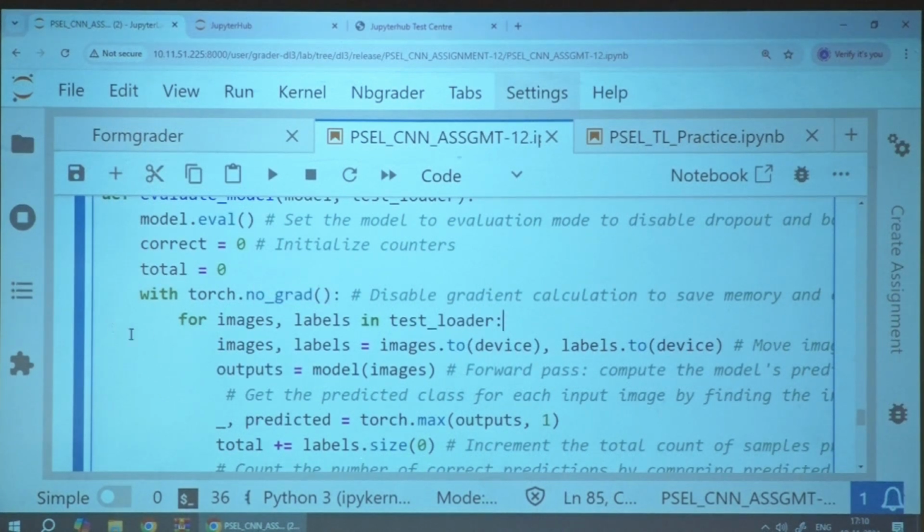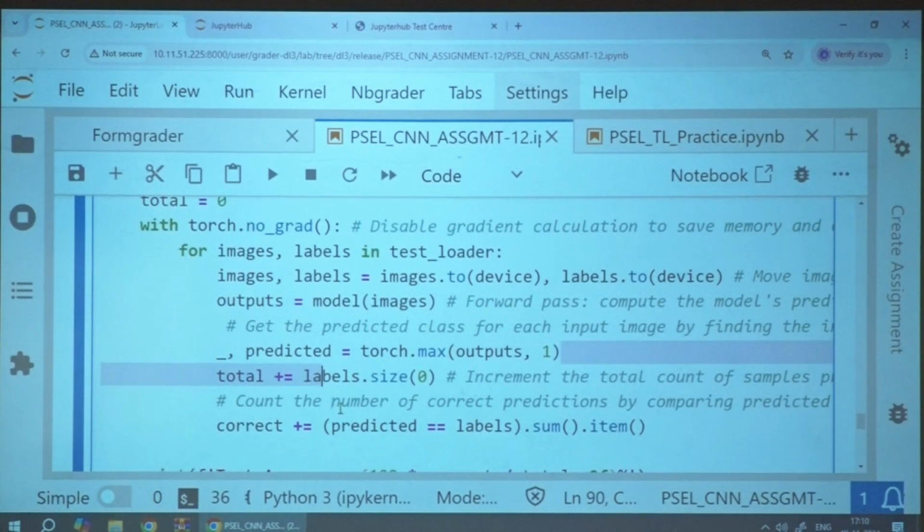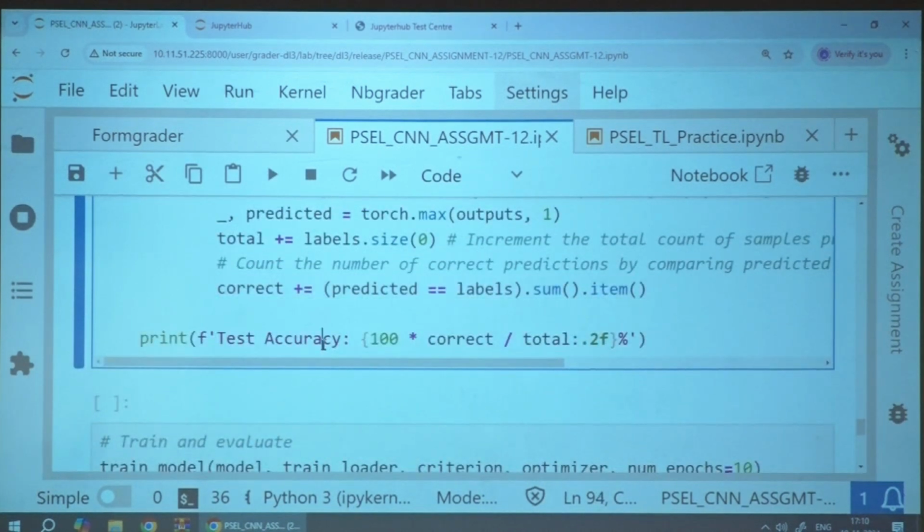Done. With the pairs of images and labels in the test loader, the process is the same. We need to move the images and labels to the device, perform the forward pass, do the predictions, calculate the total number of samples and total number of correct predictions, and find the test accuracy.